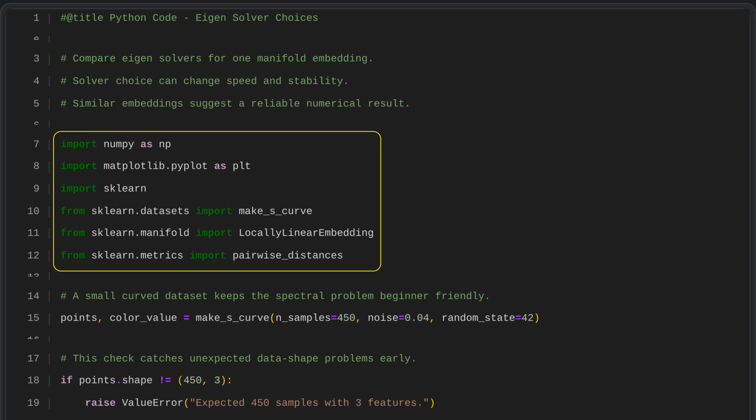We import key Python tools for generating, reducing, visualizing, and comparing data. NumPy supports numerical array operations, while Matplotlib creates plots. Scikit-Learn provides an S-curve dataset generator, locally linear embedding for dimensionality reduction, and pairwise distance calculations to compare the resulting